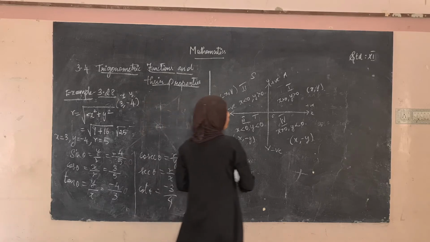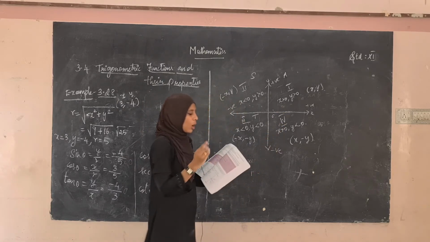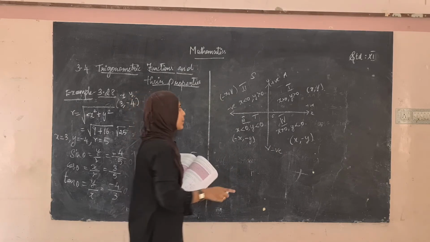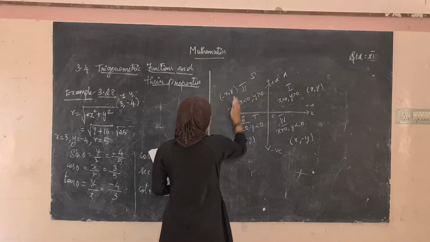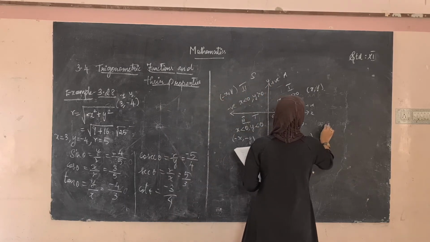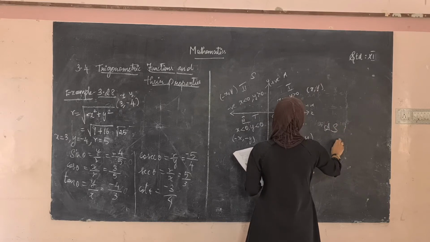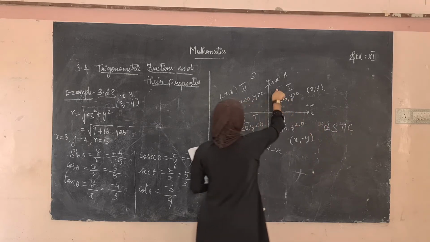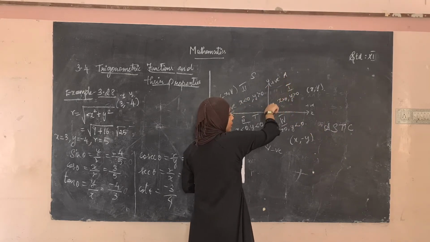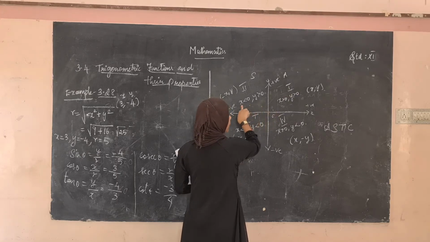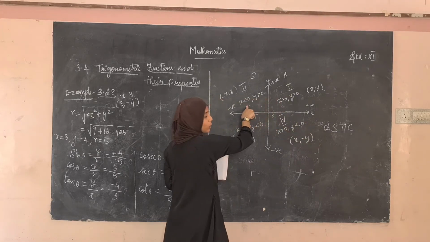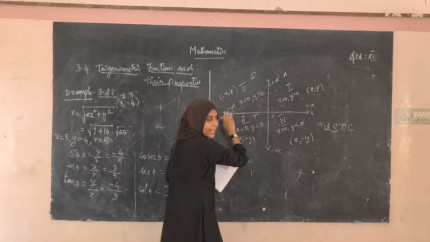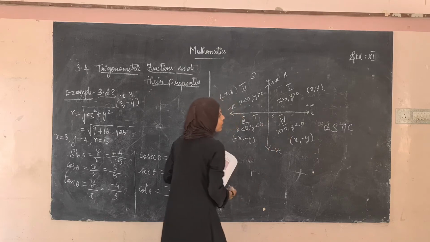So when it comes to the first quadrant, see in your book they have given all students take chocolate. Just keep in mind, all students take chocolate. So first quadrant, second, third, fourth, all students take chocolate. First A, students is S, second take is T, chocolates, A S T C. So first quadrant, all the trigonometric functions are positive. Okay, and in the second quadrant all students, yes, that is only sin is positive. Take third one, in the third one only tan is positive, and in the fourth one only cos is positive.